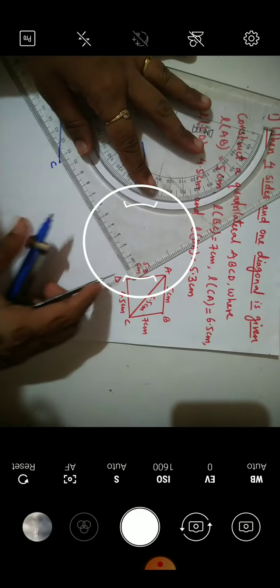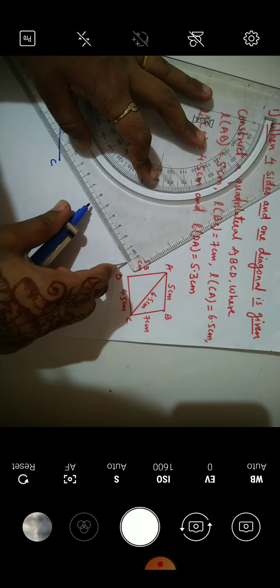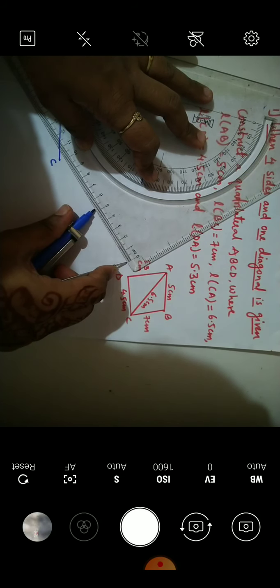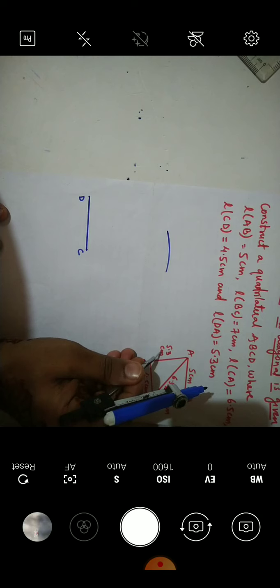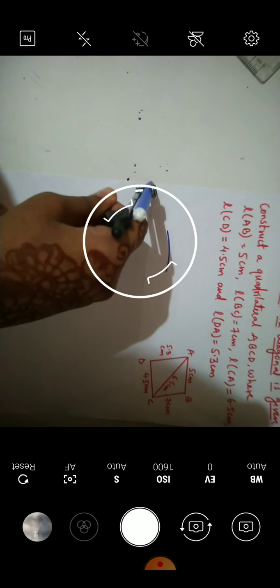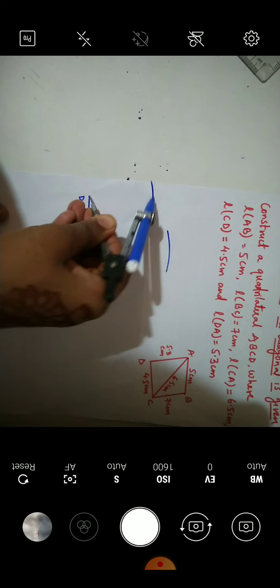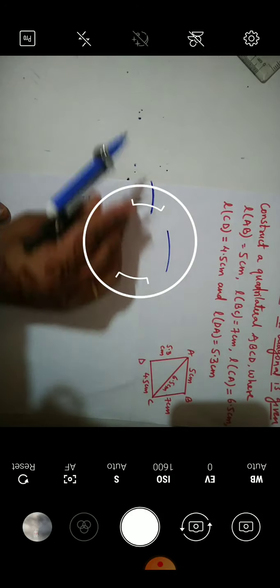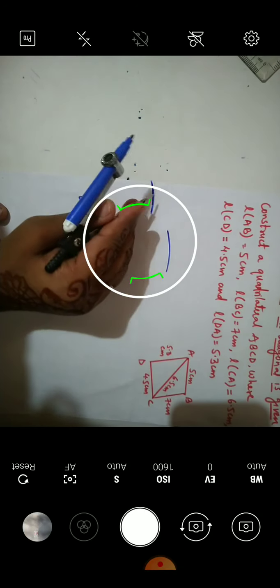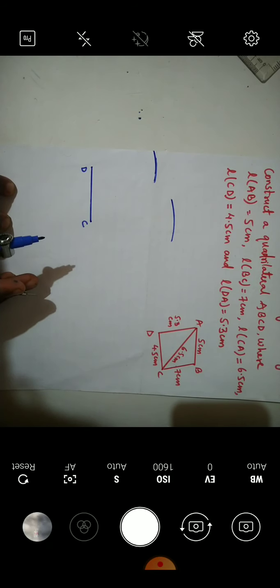Now I will come to the distance between D and A. The length of DA is 5.3. So I will take a distance of 5.3 here. I'll keep it on 0 and 5.3. After 5, small point 3, this is 5.3. As the distance between D and A is 5.3, I'll keep the pointer on D and make an arc here. Okay. Now again from here I will not get point A. I need another arc, so the point of intersection will be A. So I have to look for another component.